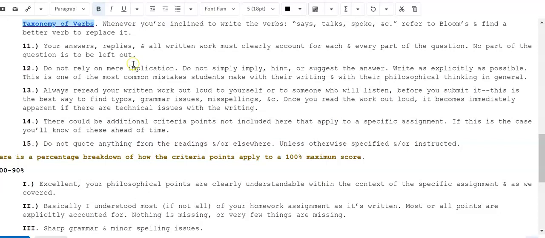That's actually not what you want to do. Okay. Don't do that. This is key. This is the easiest way to lose points. If I'm asking you about deontology, I want you to show how deontology works specifically in the context of the